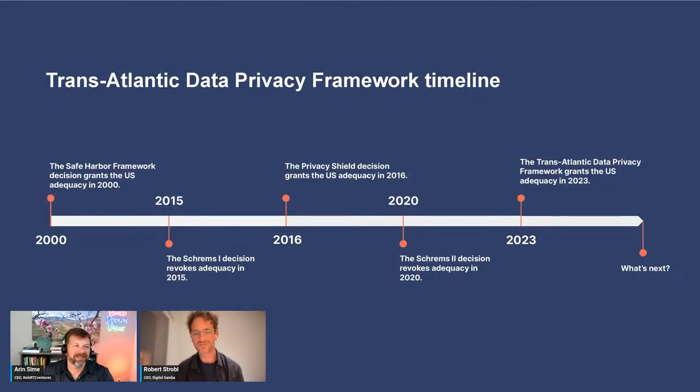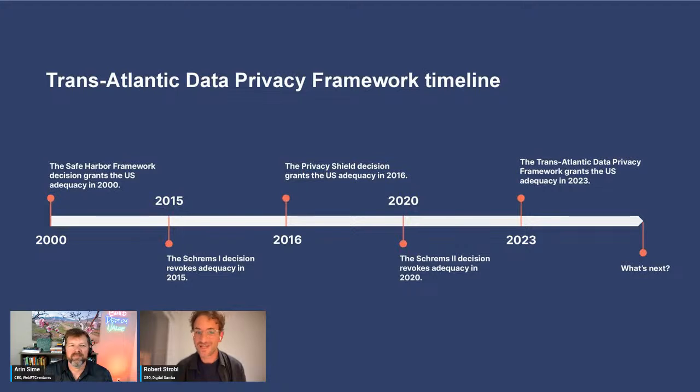I believe this one was also all around some of the uncoverings of Snowden and mass surveillance by the CIA of European and worldwide citizens. So this is a complete counter to what Europeans consider how their data should be, kind of holy and should not be touched, versus the CIA, which thinks, hey, we should be able to control everybody. And then in 2016, some new laws were formed, and the Privacy Shield was agreed upon, which again gave the US adequacy. Kind of the same thing happened, and in 2020 it was revoked once again. And now again, they've come up with this Transatlantic Data Privacy Framework, which once again grants the US adequacy.